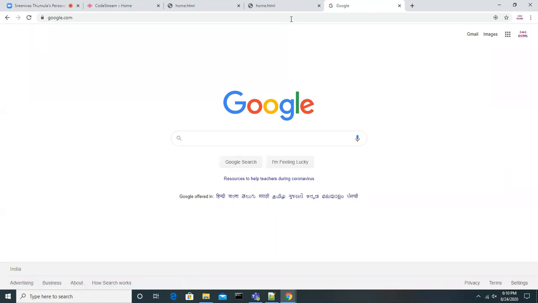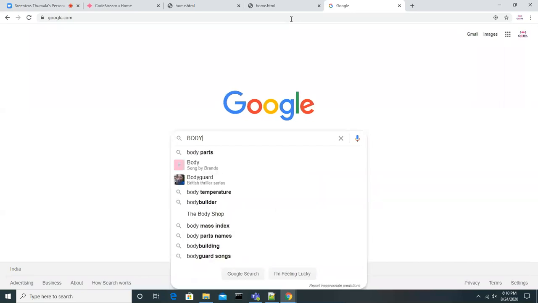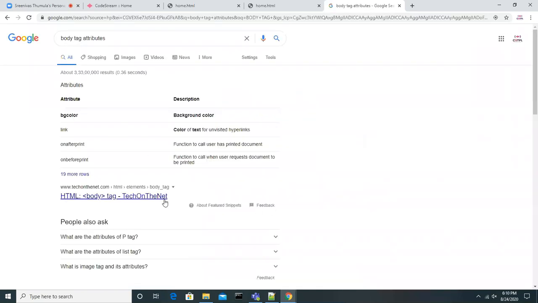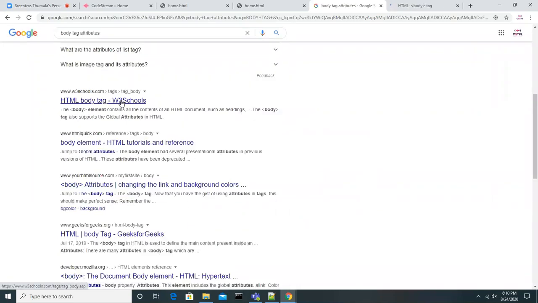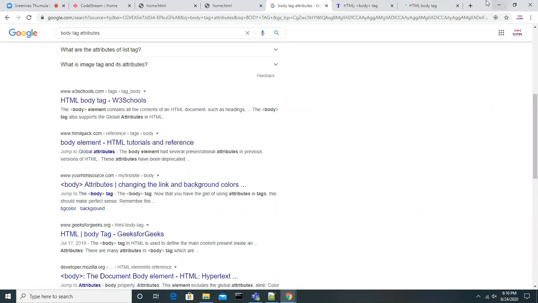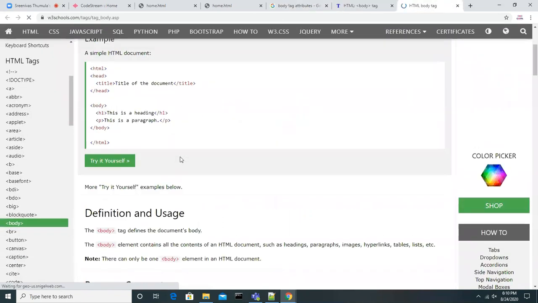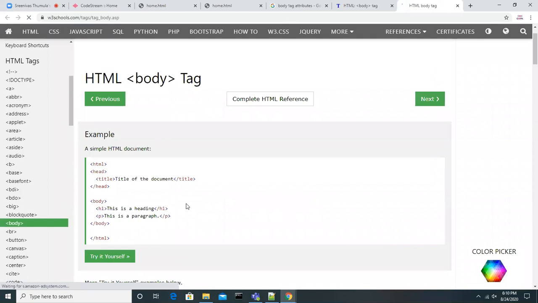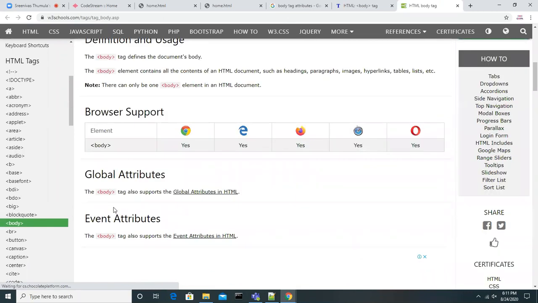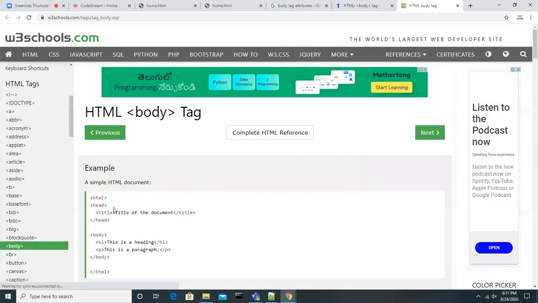So, body tag attribute. Look at this, you can search it anywhere. W3Schools is also one of the best tutorial websites. Go and look at this body tag attribute. We want to see what attributes we have for the body tag.